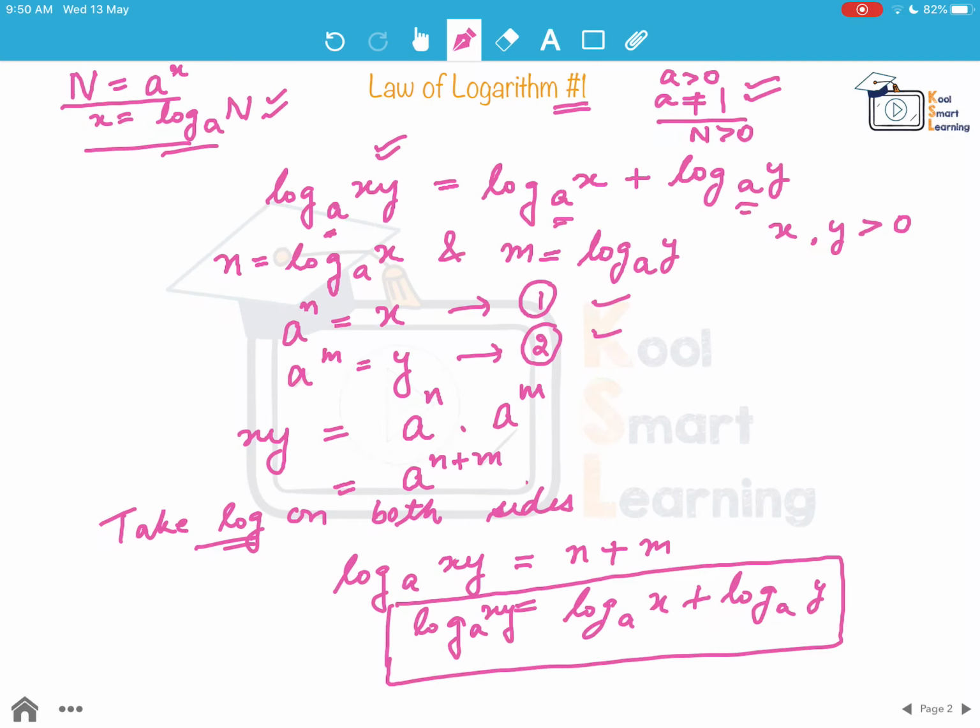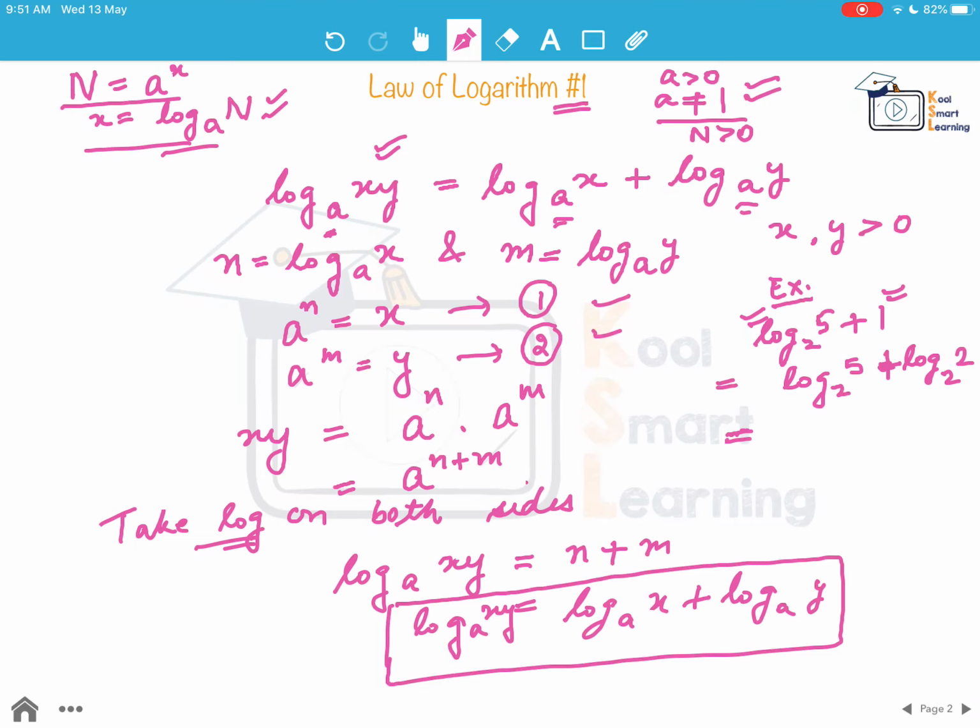So if log of xy with the base a is to be calculated, this is given by log of x to the base a plus log of y to the base a. Now if we take an example of this, now supposing we have to find out log of 5 to the base 2 plus 1. What is this equal to? Because this is a logarithmic term and this is a normal number. Now if we have to convert this, we can write it into a logarithmic term. We can write this as log 1 as log of 2 to the base 2,